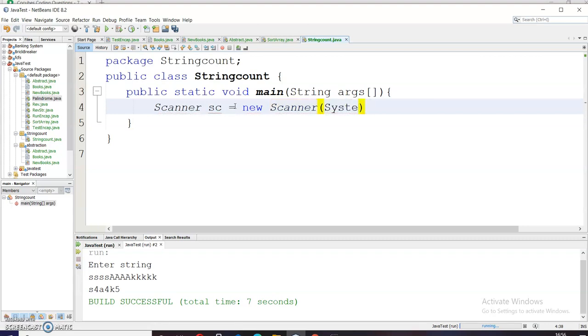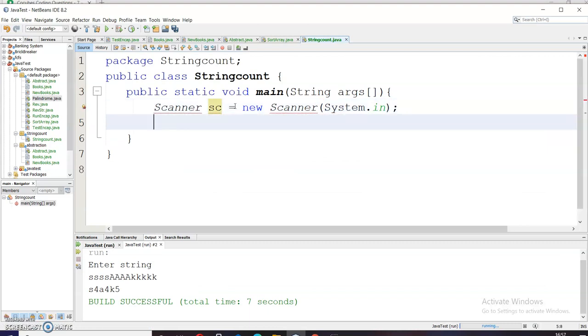System.in is basically an inbuilt method from Java to take the input. And now I will give some instructions to the user: System.out.println, and I will write enter the string.